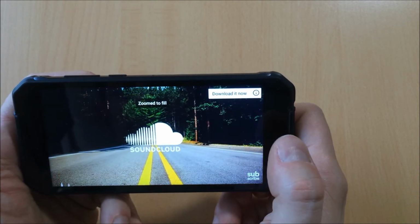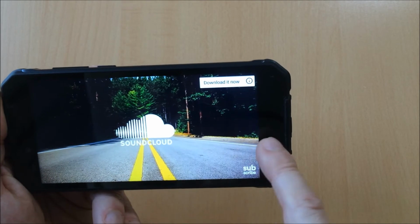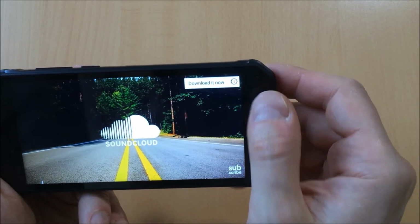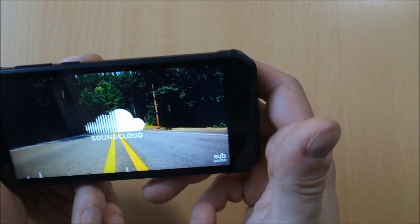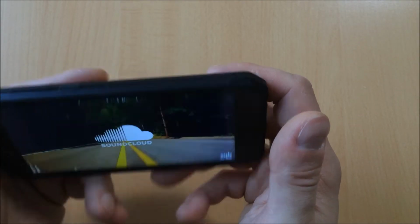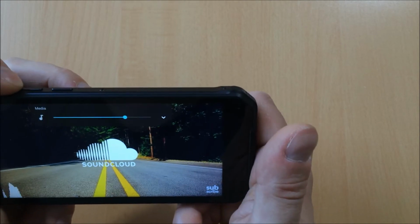Of course, you still have the pinch and zoom type of system. As you can see, the phone has a bit of a chin and bezel, but I don't mind that at all. After all, it's a rugged phone, and I actually quite like that, in fairness. It's not intrusive at all. So, volume-wise,